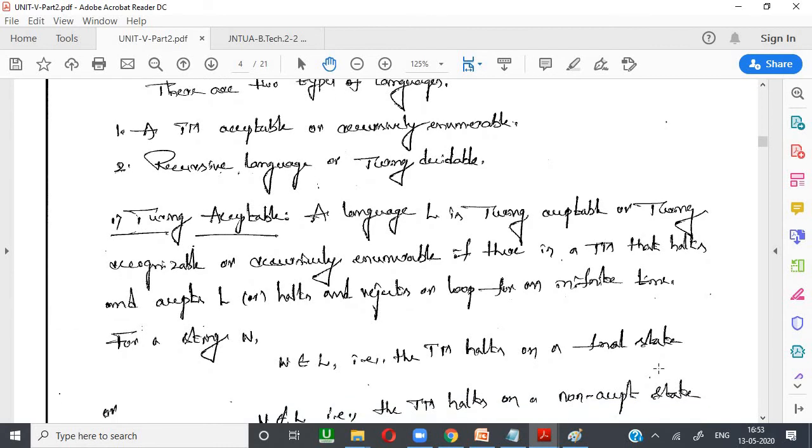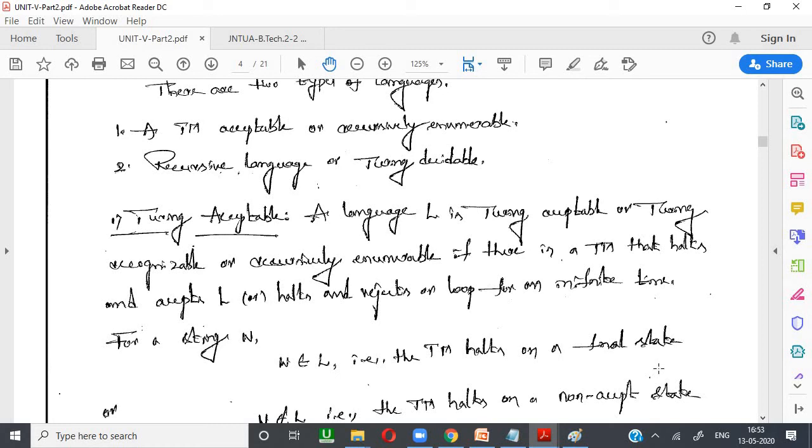So when we call a language Turing machine acceptable, once you apply a language to the Turing machine, if it reaches the acceptance or halt state, then we can accept it. If the machine is stuck somewhere, then it will be rejected.